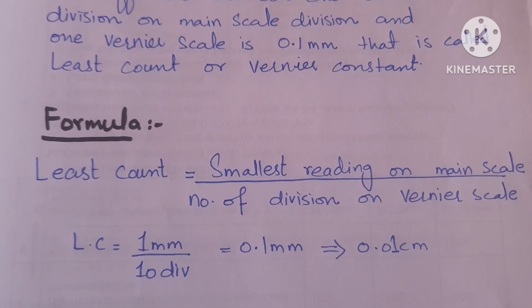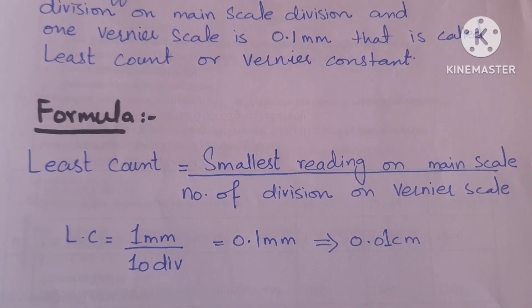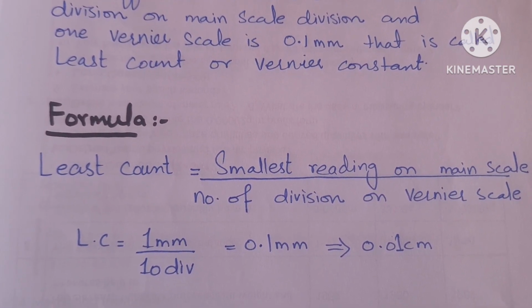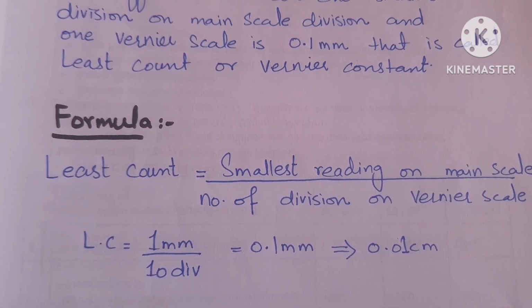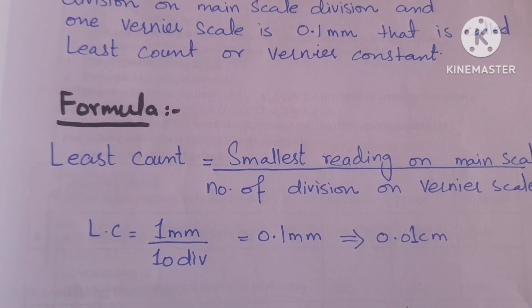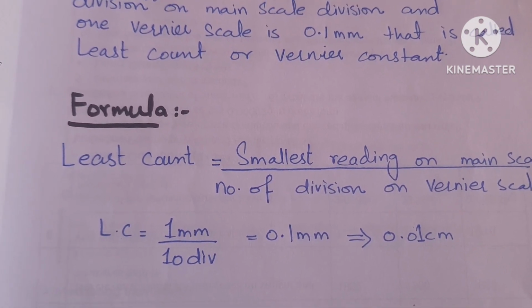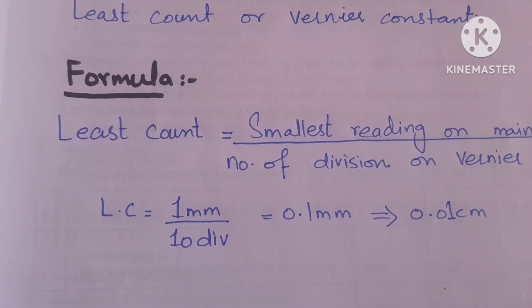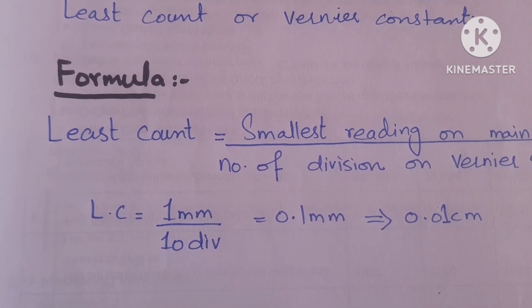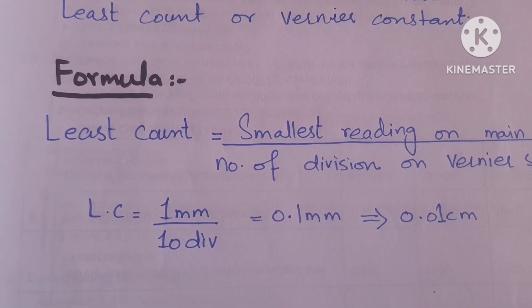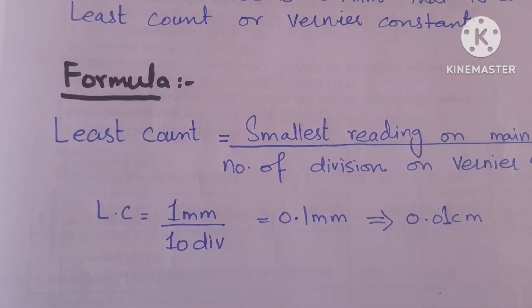The formula to calculate least count: smallest reading on main scale divided by number of divisions on vernier scale. The smallest division on main scale is 1 millimeter and the number of divisions on vernier scale is 10. So 1 divided by 10 and we get the answer 0.1 millimeter, and if we want the answer in centimeter then we divide by 10 more,